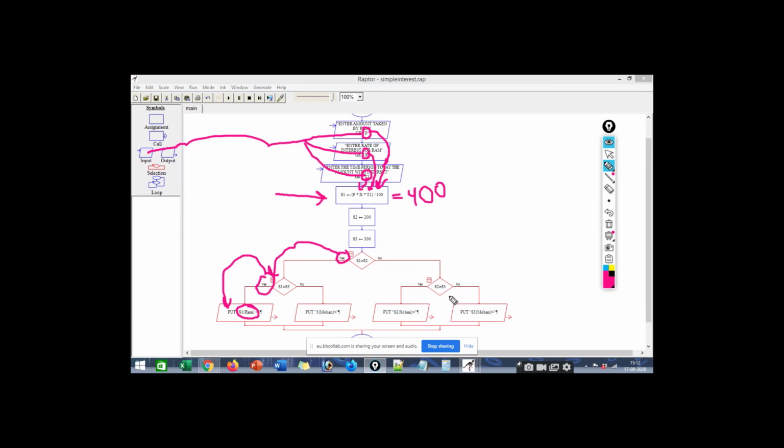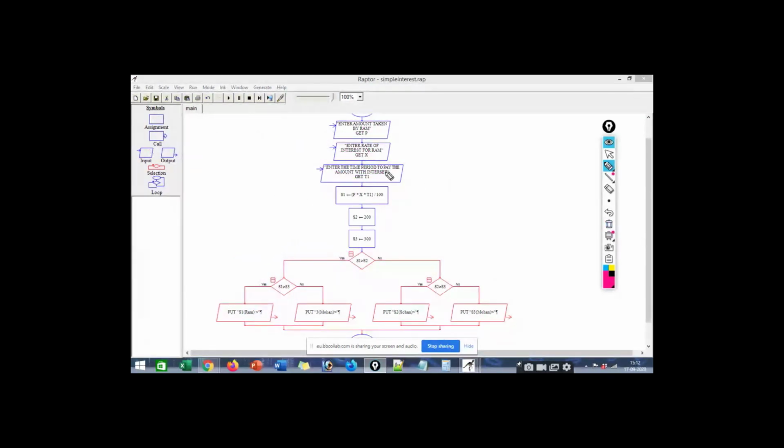Now what will happen if this S1 value is, suppose, 400, and this value is 500, and this value is 600?